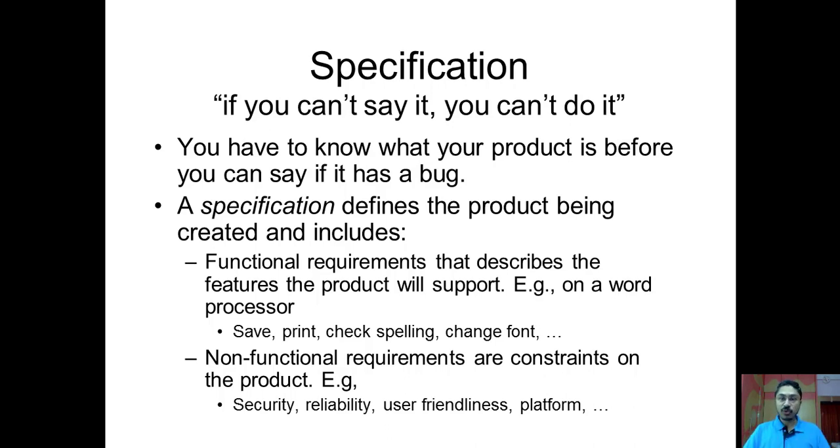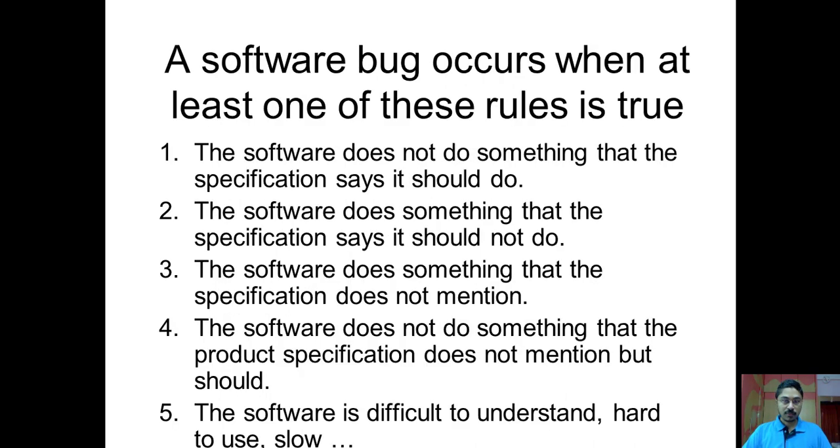Now, let's move on to the next topic. As we all know what software specification is, now we will consider software specification as a base document. And based upon that, we will try to find out which are the things in the software can be considered